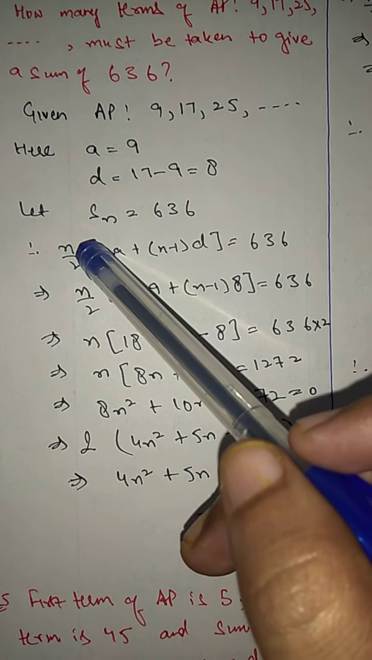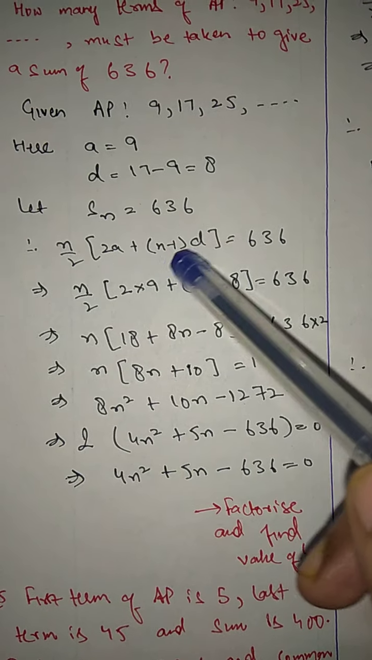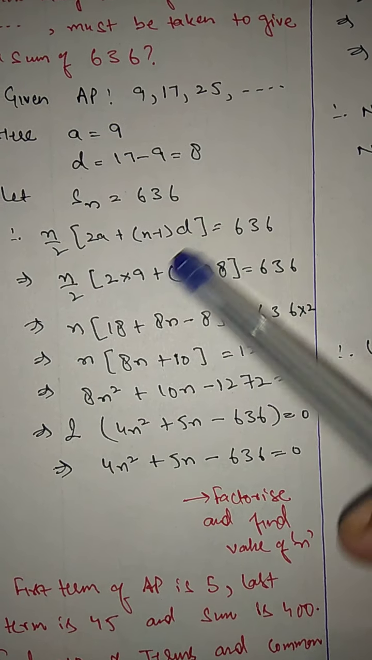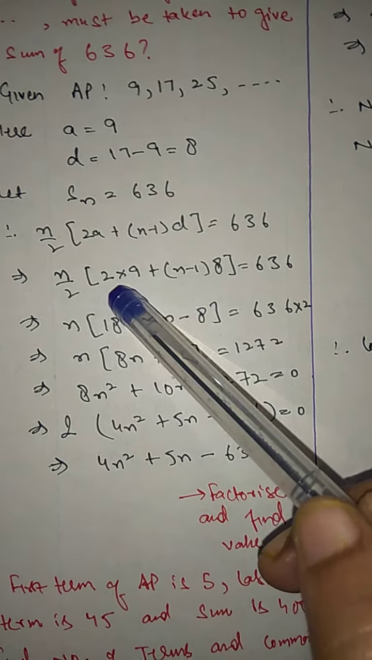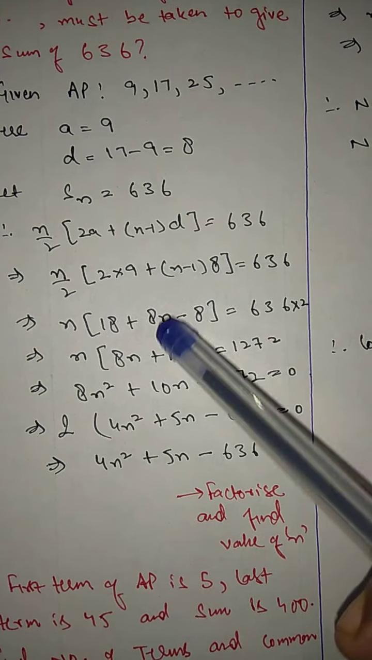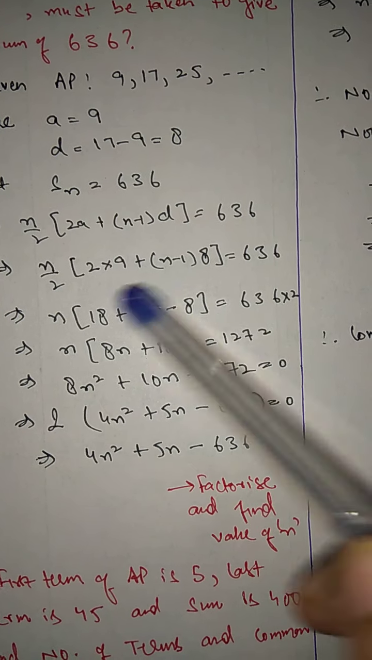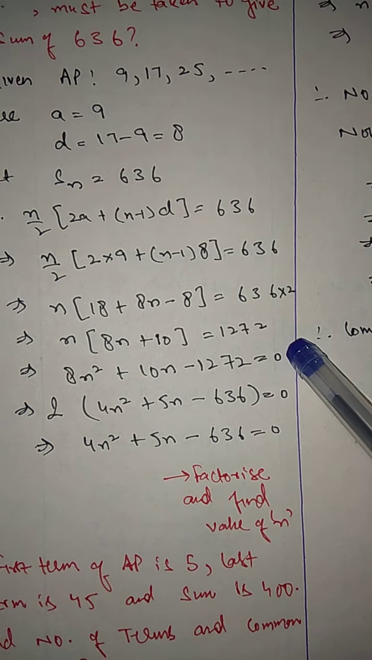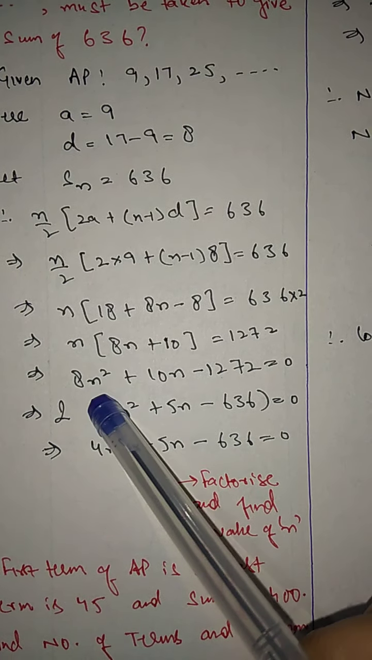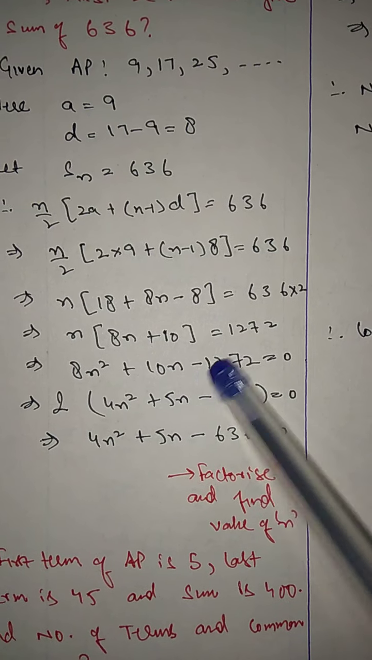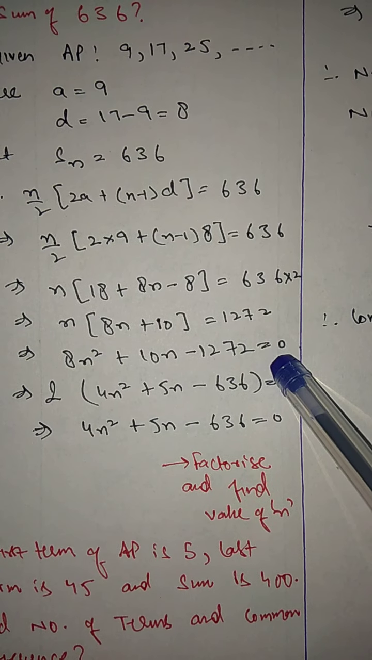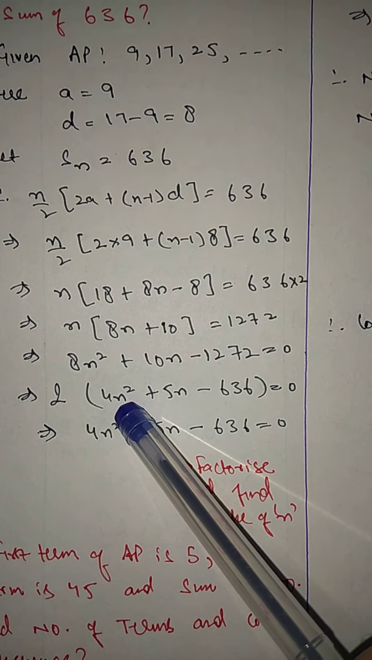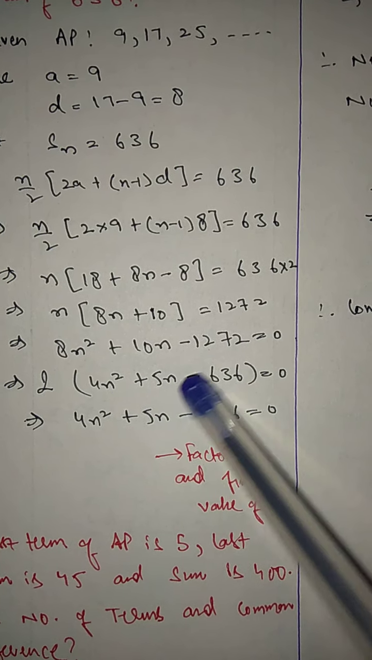By using the formula Sn = n/2 [2a + (n minus 1)d] = 636, and using the values of a and d as 9 and 8: 2 nines are 18, 8 into n minus 1 is 8n minus 8. 2 is multiplied to 636, it becomes 1272. So it gives us the quadratic equation 8n² + 10n minus 1272 = 0. When we take 2 as a common factor, we are left with the quadratic equation 4n² + 5n minus 636